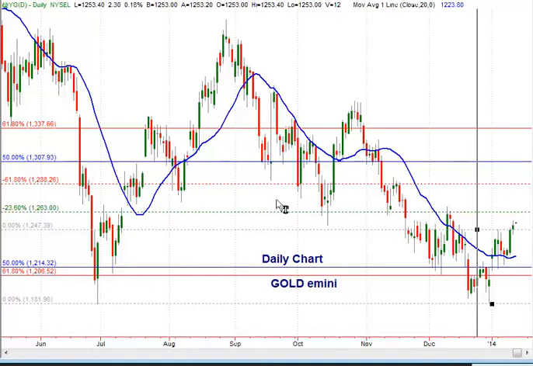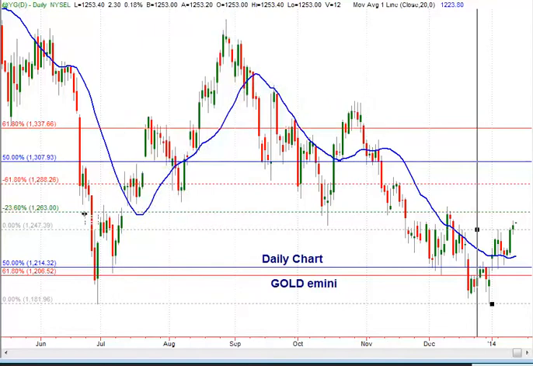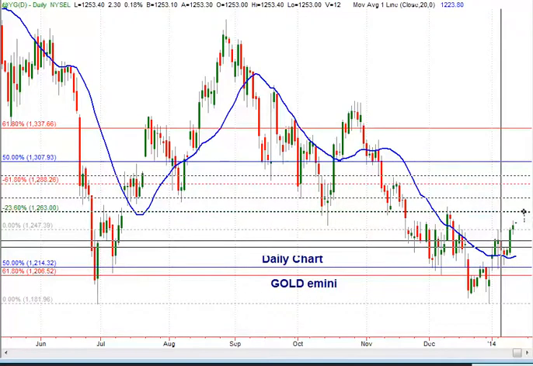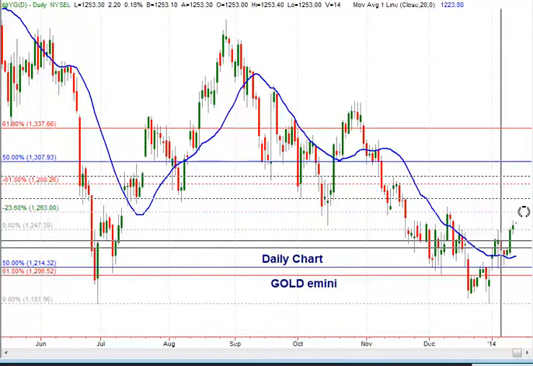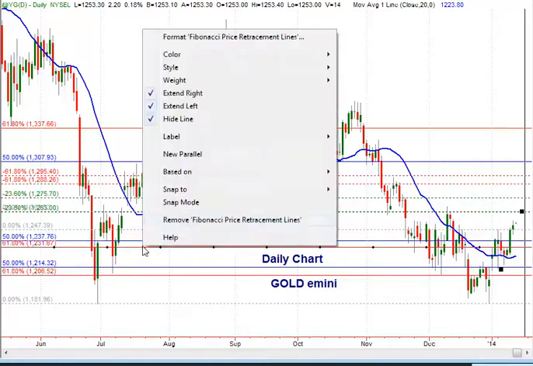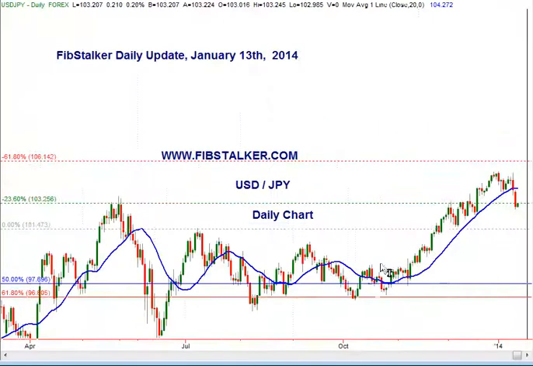If we retrace after getting to the first target 12.63, we are going to trace the next measured move long with the next support that should come around the 12.37, 12.38 area. Moving to the Japanese